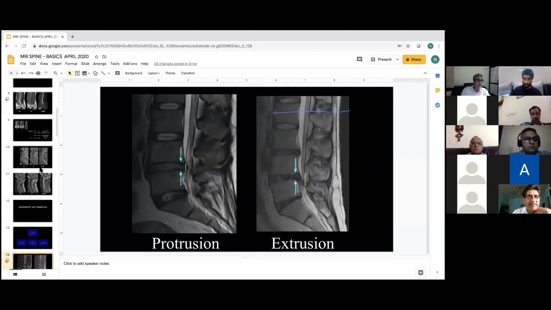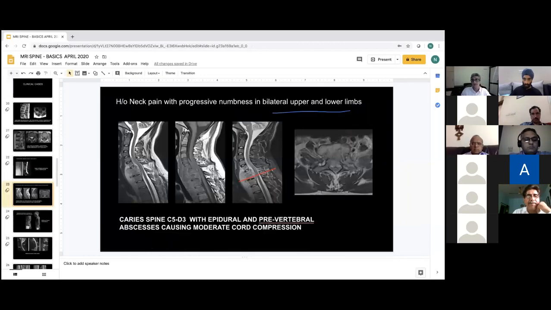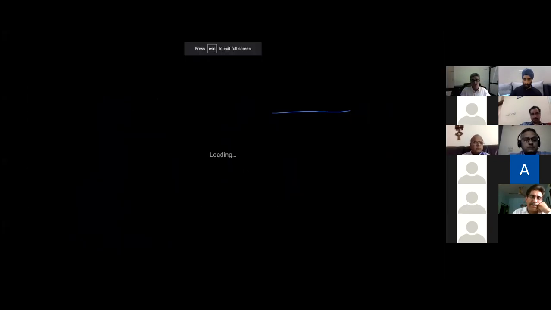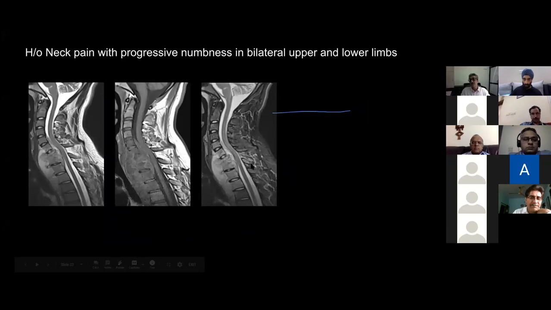There was one finding I wanted to show in this. Just see, there is an involvement of the spinous process also in this, which is not visualized on T1 and T2. But because of STIR fat suppression, we know the spinous process as well as the edema in the paraspinal muscles is very well visualized. So this is, I'll say, the beauty of STIR, that it picks up very small edema.